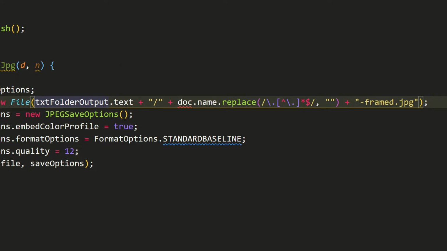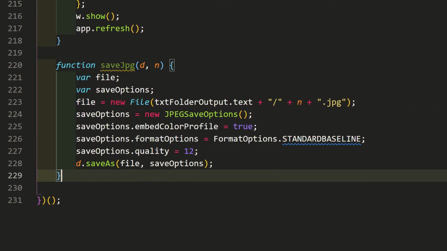But making the name, keep that where this function is called. I'll show that in a moment. For this function, replace the code that makes the name with simply n. Then add to it the extension, with the preceding dot, of course. That completes our saveJPG function.